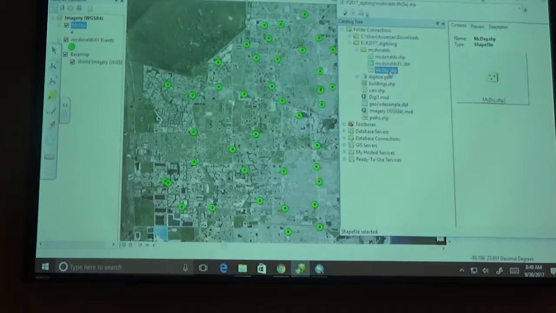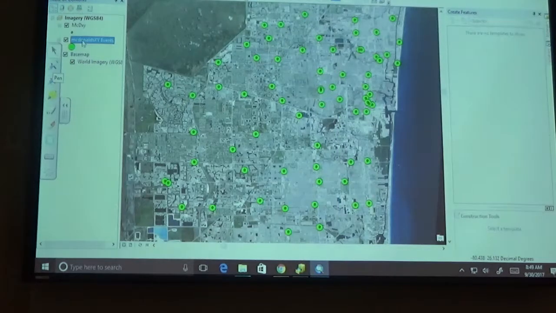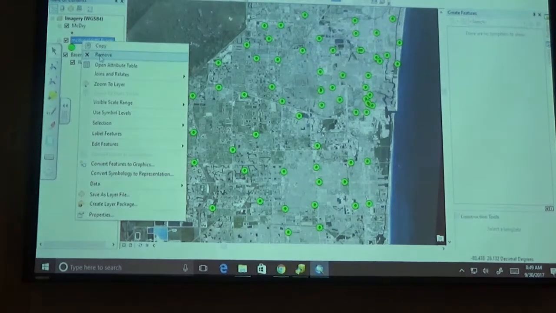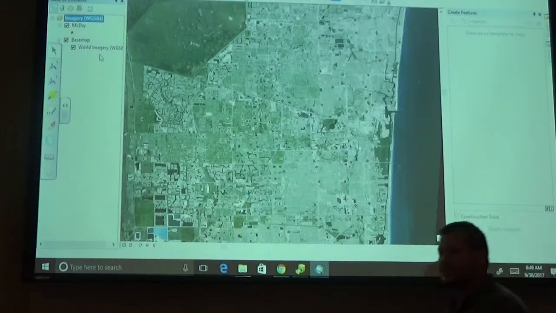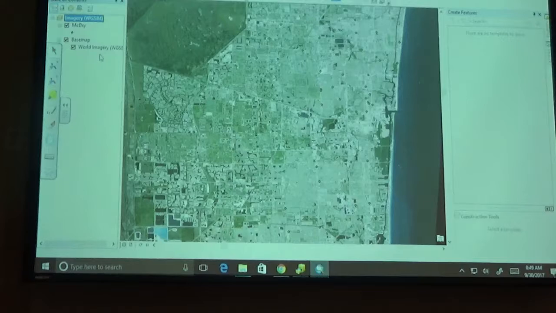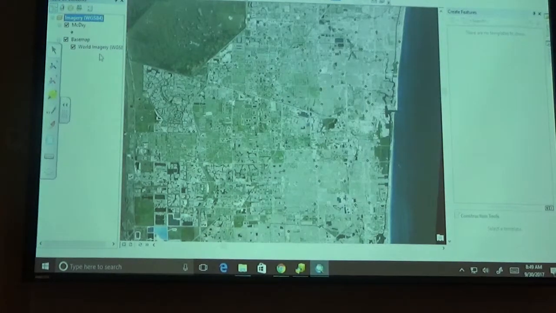Or in any location you want to place it. To make confusion less, I remove my XY event layer, because it's only display. Remove events. How do you refresh? Right click. F5 or right click. Well, you did events, but you're in display source. If you go here and say